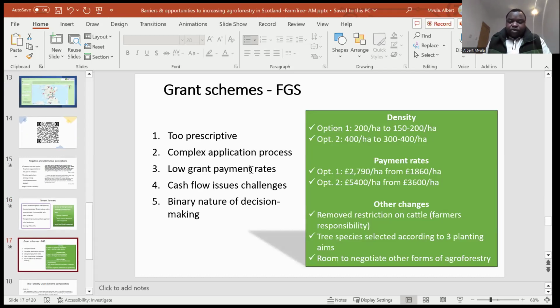There have also been issues to do with the forestry grant scheme, to be specific. Farmers who are looking for grant money have often talked about these grant schemes being too prescriptive, in terms of telling the farmer what species they can plant in a certain location based on some existing knowledge. The complex application process has also been mentioned, and most of these have actually been sorted out right now